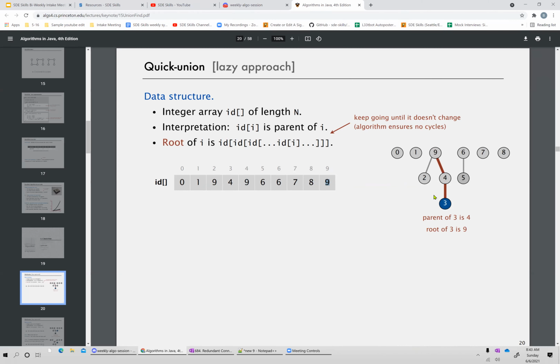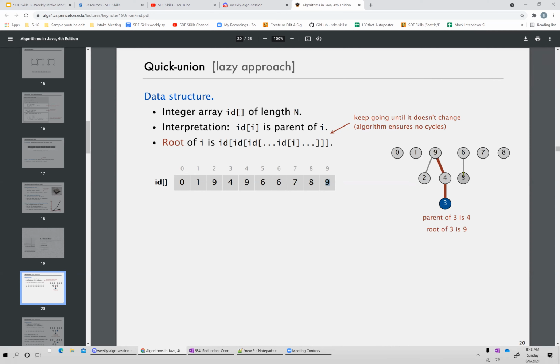So everything in this group, that is 2, 4, 9, and 3, ends up at 9. 2 and 4 directly have parent 9, but if you check index 3, its parent is 4. So we go to 4, whose parent is 9, then we go to index 9 and check that index 9 holds 9, so that is the root. That is what we want to code in the find method.